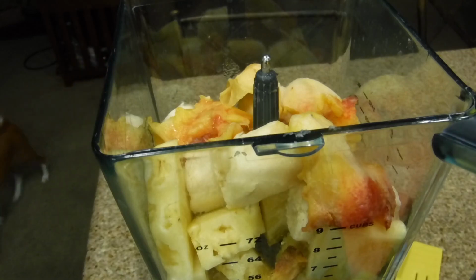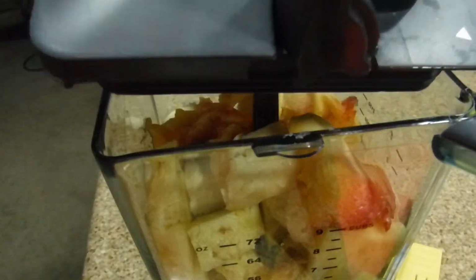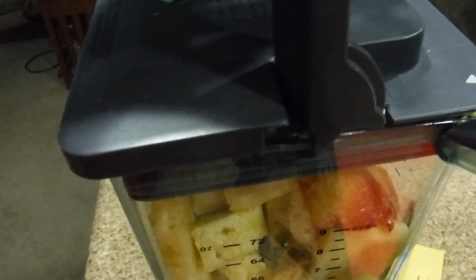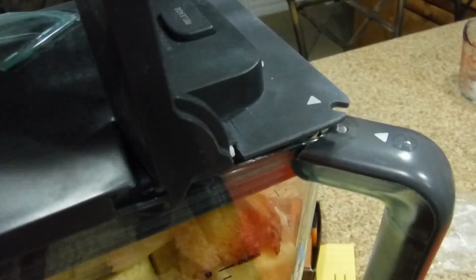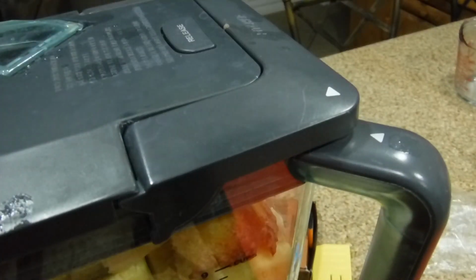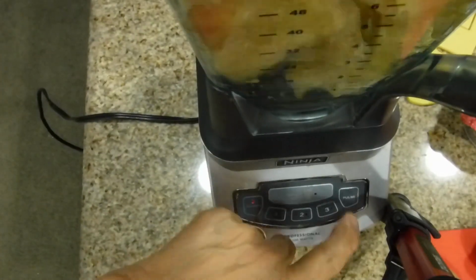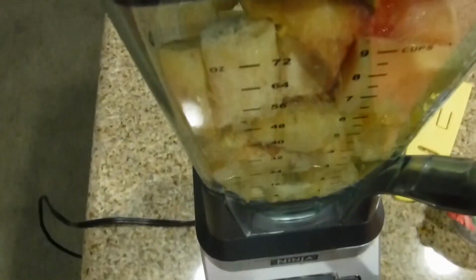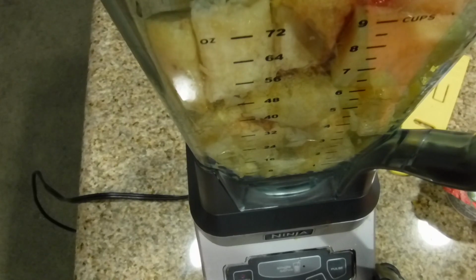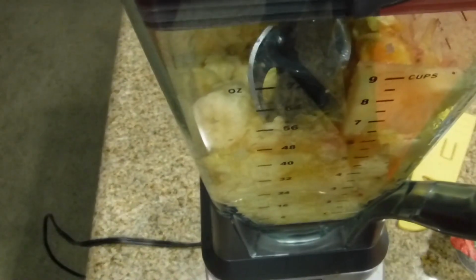So next what we're going to do is blend it. On this model, the diamond goes with the diamond over here. I'll show you. Diamond here, diamond there. Press down, and then turn on your power. Your power is right over here. And then we're going to pulse it. Now you pulse it by holding the top of the blender with your hand. Okay, now